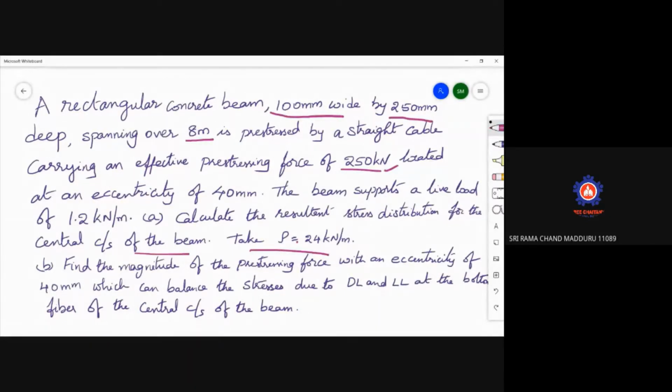So you can see this problem. This is similar to our previous class only. So what they have given in the given data, you can note down once again. If you have noted down the problem, then I can go further. Completed, sir. No, that's okay. Some people are still joining right now. I'm waiting for them.